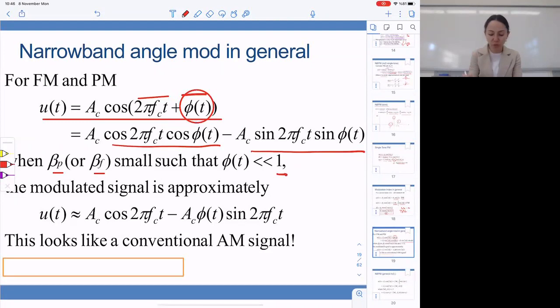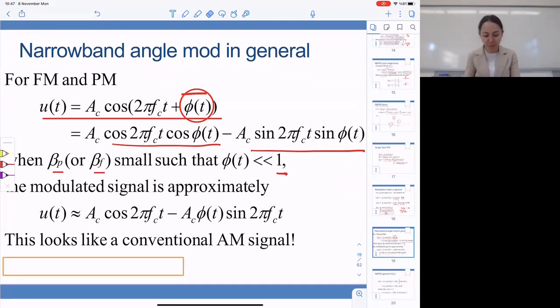What is the significance of 1? 1 is the maximum value that the cosine itself can get. So when theta is small enough that a first order Taylor series expansion is not a bad approximation,